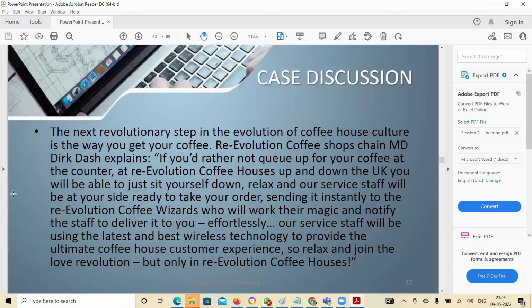What are the different processes involved in a coffee shop? Then try to reduce the time for each process. Instead of focusing on the entire thing, break it down into different steps. That's my take. When I first read this case, that was my idea: first let's break it into smaller cases, which we can then solve.